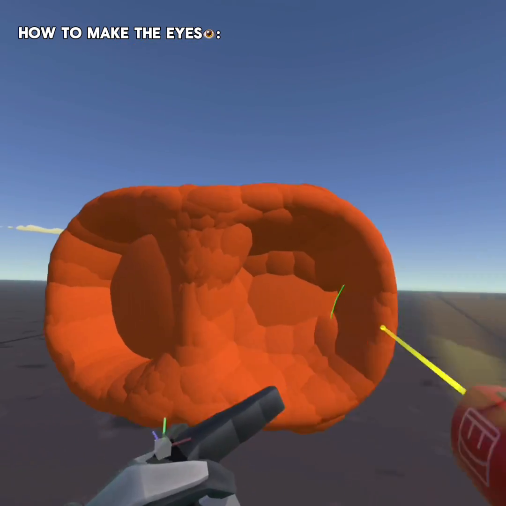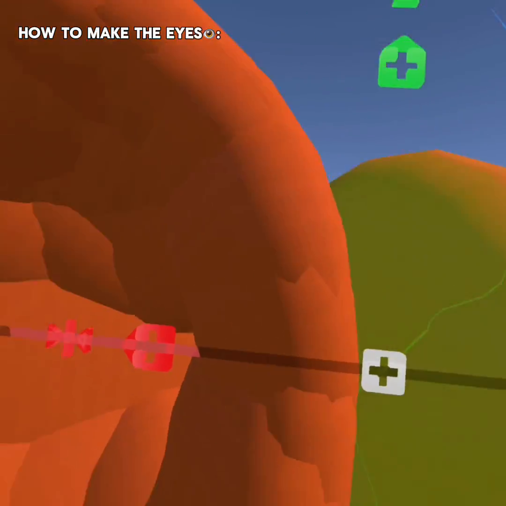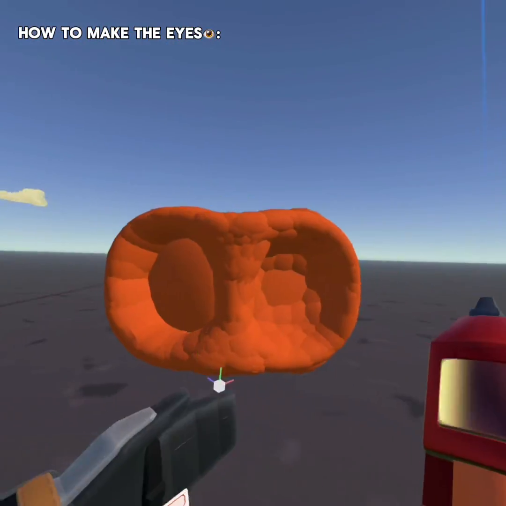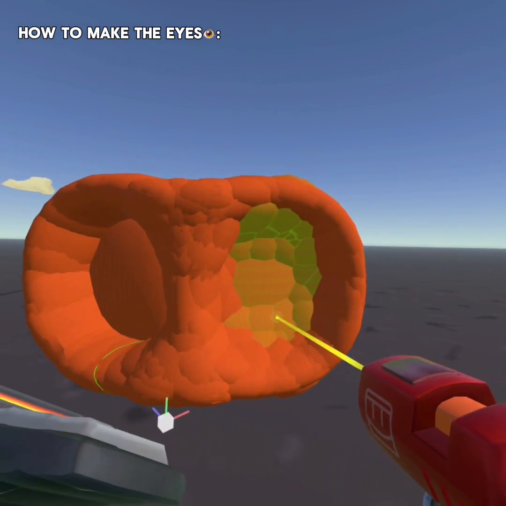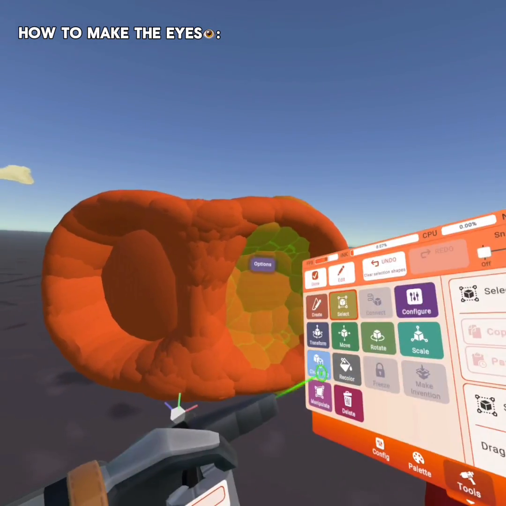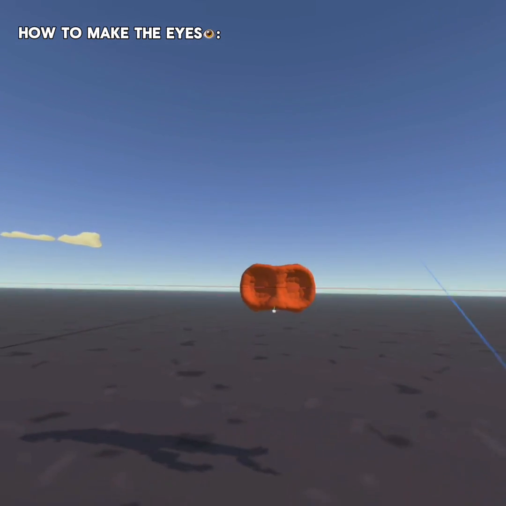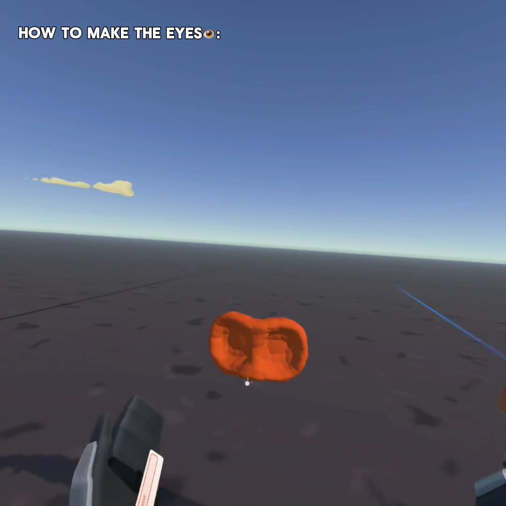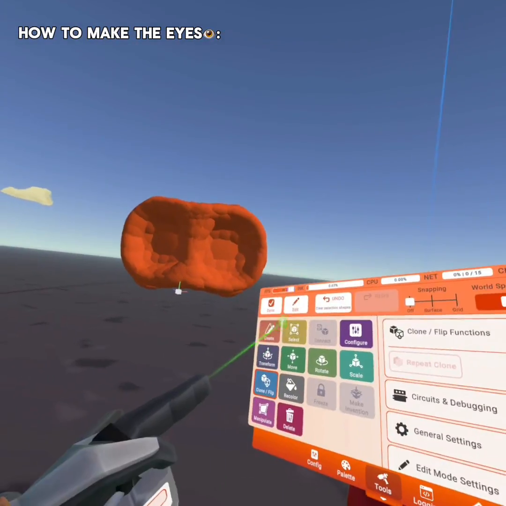Boom, just like that. So now you're gonna copy and paste it to this side, just like this. You're gonna make sure not to get the eye itself, and there you go. So when you're making the eyes, right, like the eye itself, if it has eyes, I'm talking